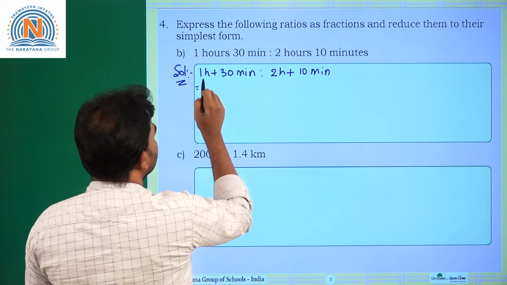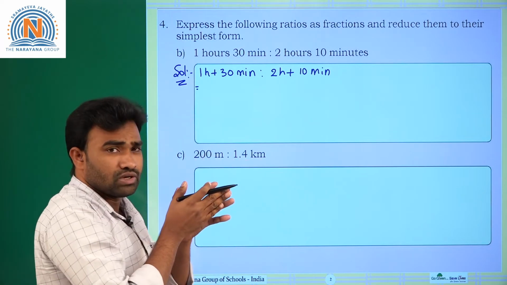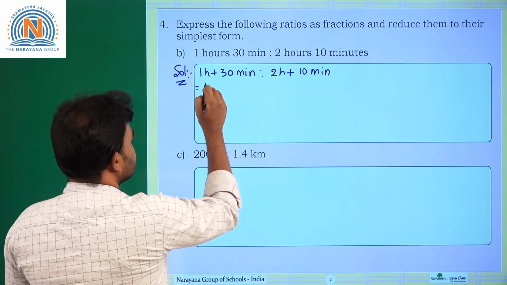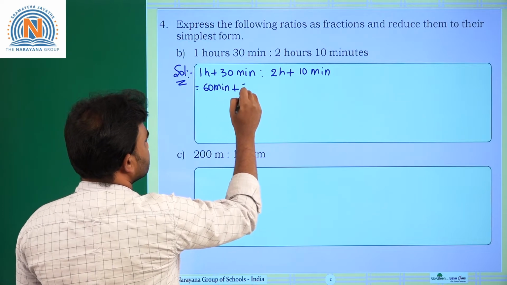It is equal to 1 hour into minutes. We know that 1 hour is equal to 60 minutes, then 60 minutes plus 30 minutes